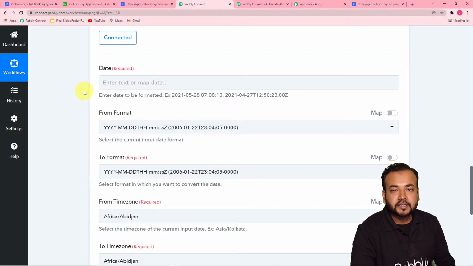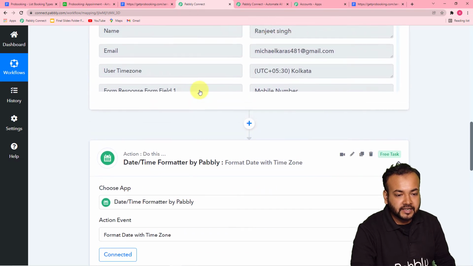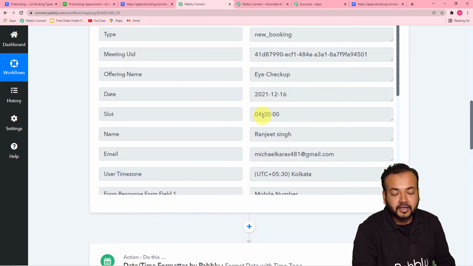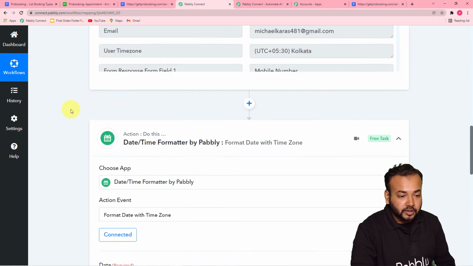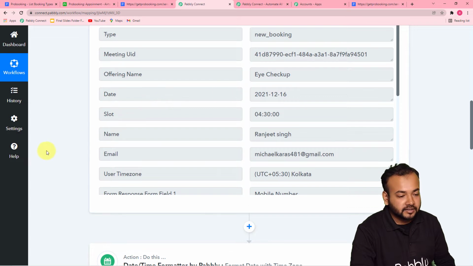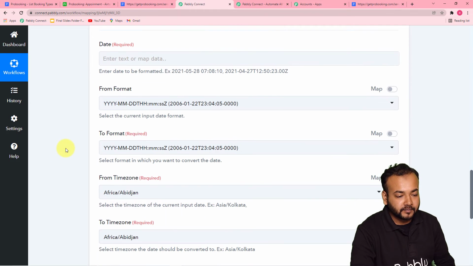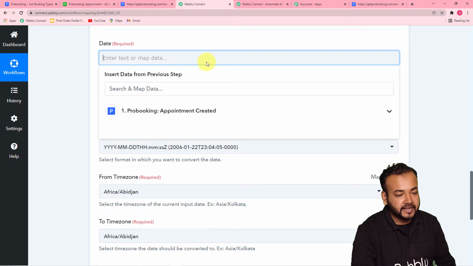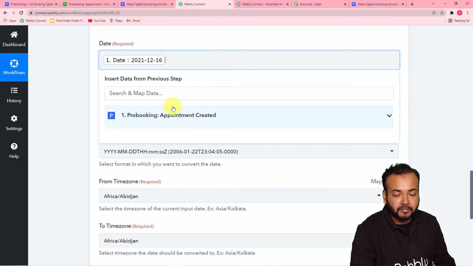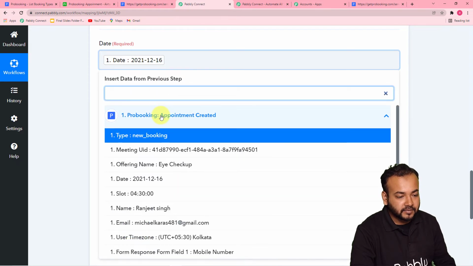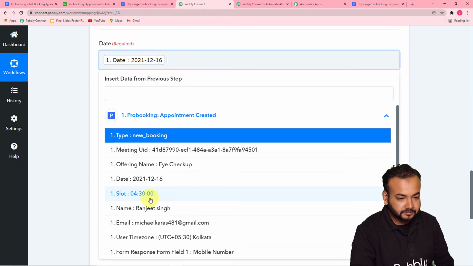And here it is asking which date or time you want to convert. Okay, so we have this date and time here, the date and the time slot, right? So you have to map these two things here in this date field. Okay, so click on this field like this, and here you will find this Pro Booking Appointment Created option. Click on it, and here you will find this date. So map this date and also the time. So I'm mapping the time as well